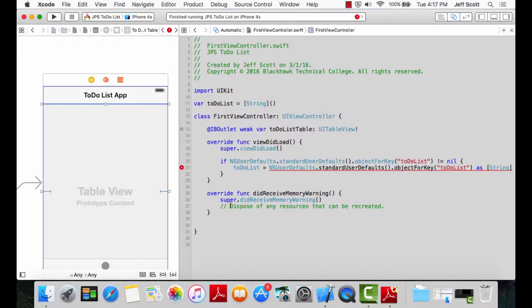All right, so if NSUserDefaults.standardUserDefaults().objectForKey("todolist") is not equal to nil, curly brace, todolist equals NSUserDefaults.standardUserDefaults().objectForKey("todolist") as string. All right, I did not have to in mine,